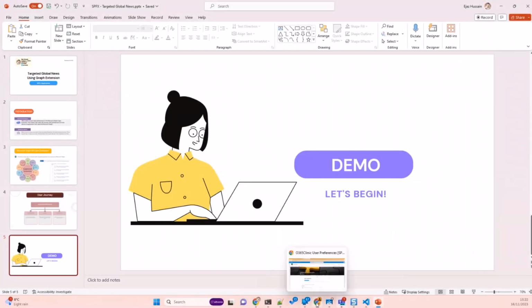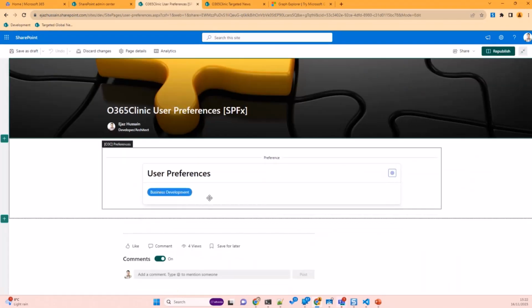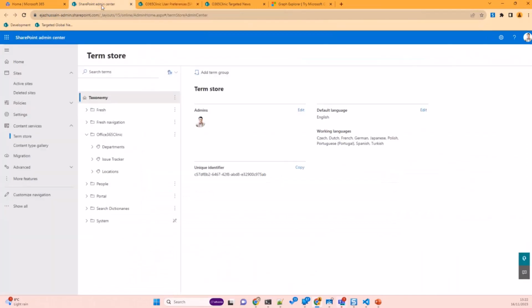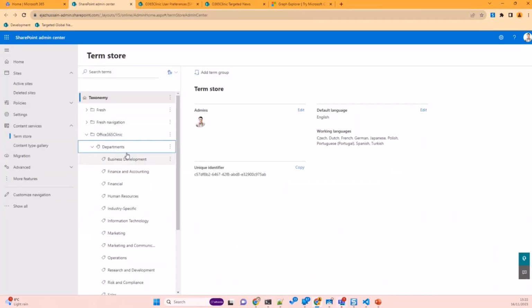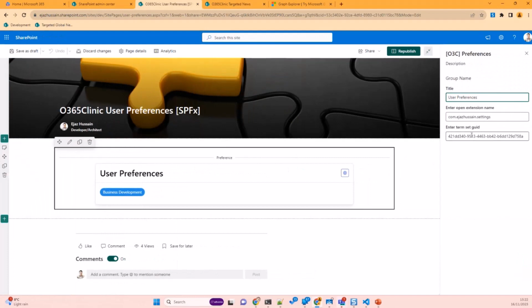If I show my right, this is the first web part, the user preferences. You can see one preference is selected, business development. Where does this business development come from? I have a departments term set with many different departments. If you add the web part, you can add the term set grid here. This is where I'm getting the departments, and this is the name I wanted to use